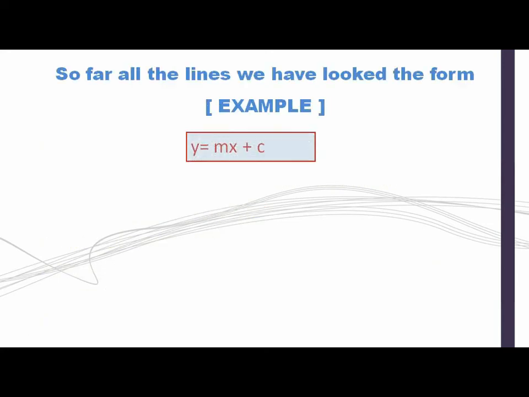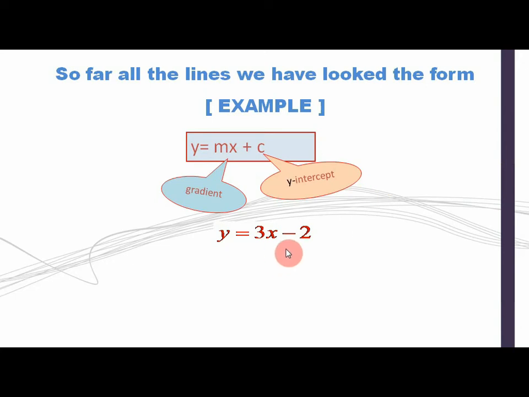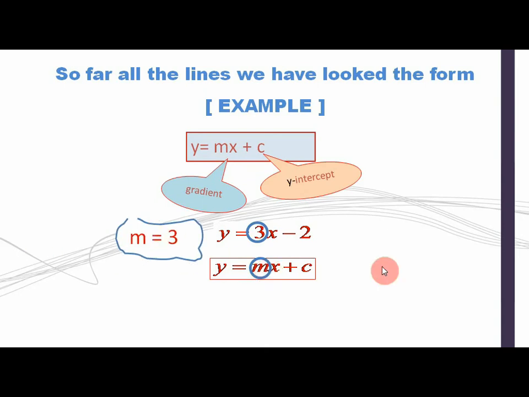Now, this is an example of how to check the gradient and the y-intercept. m is called the gradient, and c is called the y-intercept. If you have a line like y equals 3x minus 2, or 5x minus 2, any kind of line, then in this line 3 is the gradient. The coefficient of x, the constant attached to x, is the gradient. So the value of m is 3, and the y-intercept in this equation is minus 2, as you can see that c equals minus 2. The single constant number with its sign is the y-intercept.